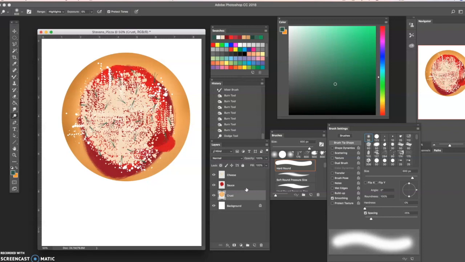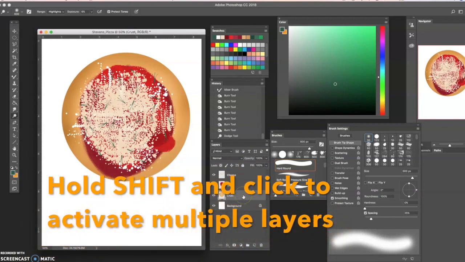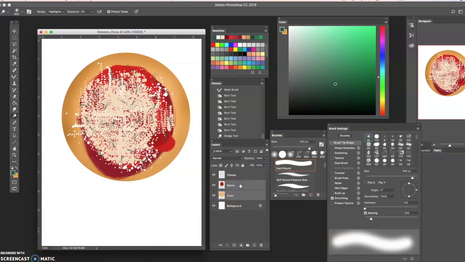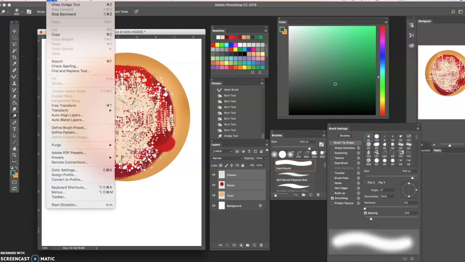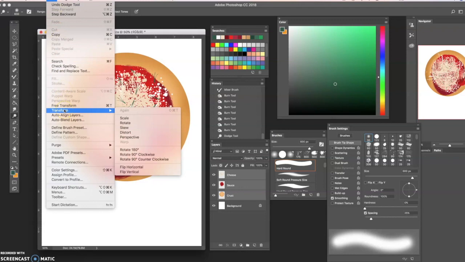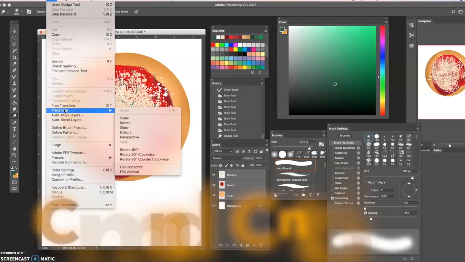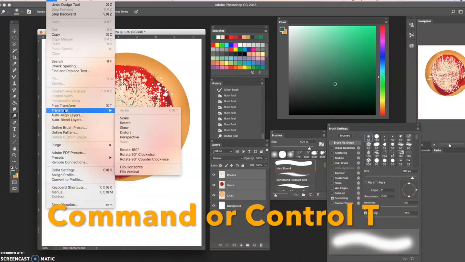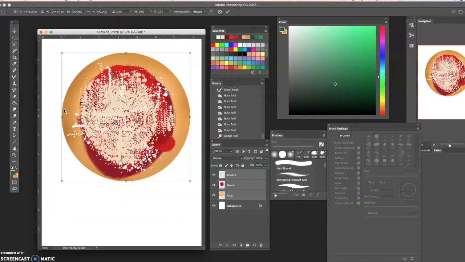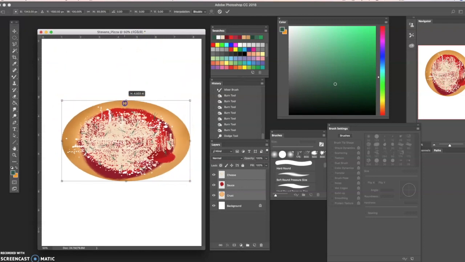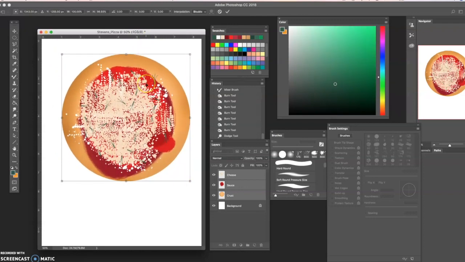I could also put it in perspective if I wished. To do that, I would need to activate all three layers at the same time. So I already have my crust layer activated. I'm going to press Shift to select my sauce and to select my cheese at the same time. When I go to Edit, Transform, otherwise known as Command T on a Mac or Control T on a PC, you'll see these bounding boxes pop up. And these are the boxes that will allow me to adjust the size, the width, or if I want to, right-click,